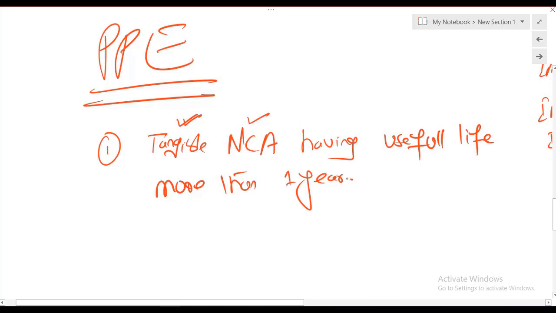There is no limit: it could be 5 years, 10, 15, any time period. But the main point is the life is more than 1 year. And second,